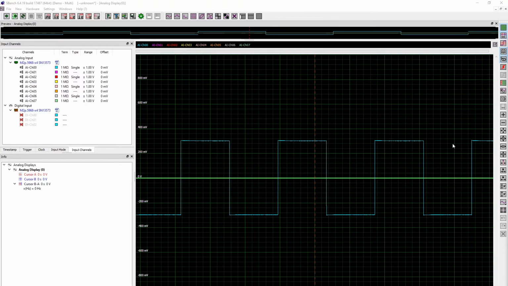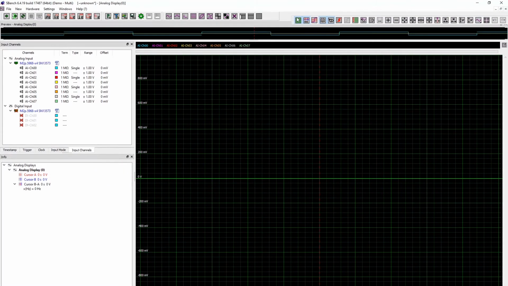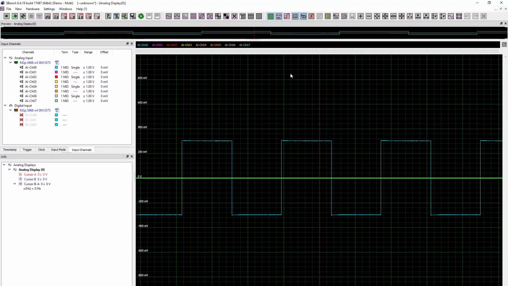By default, the toolbar for the analog displays is docked on the right side of the main window. If you put the mouse on the dotted line, you can drag the toolbar and place it anywhere on the screen or put it in the top part of the main window. The functions in the toolbar can be freely selected.